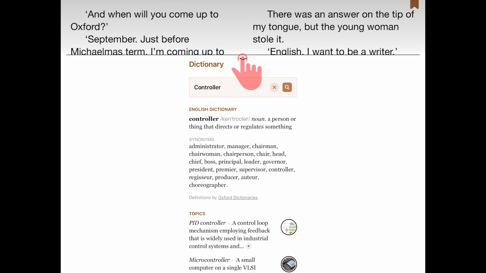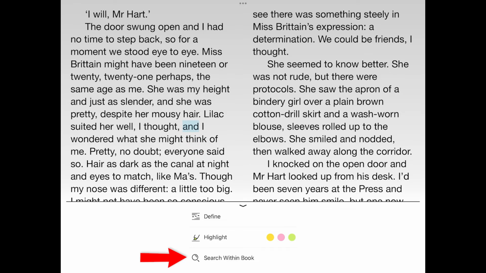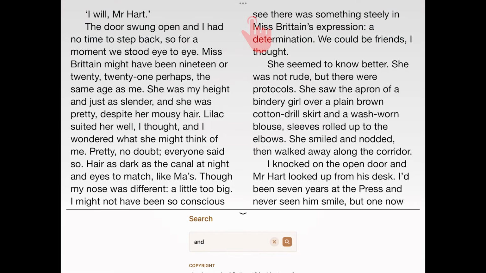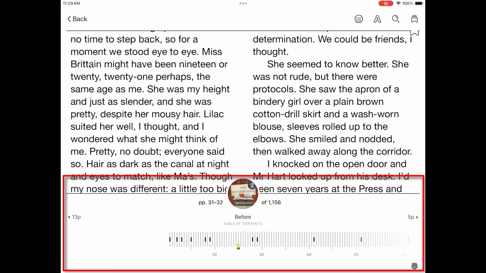And then there is also an option in this lower menu when I have something highlighted to do a search. And that's going to search for the word within the book. It's the same search that I could do with the magnifying glass in the other menu. So if I go back to that main menu, the features in the lower area of the screen,